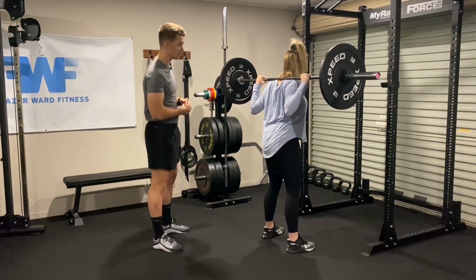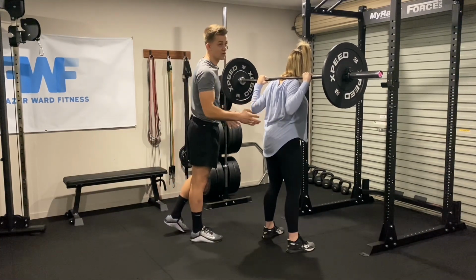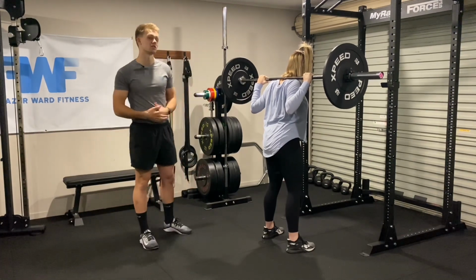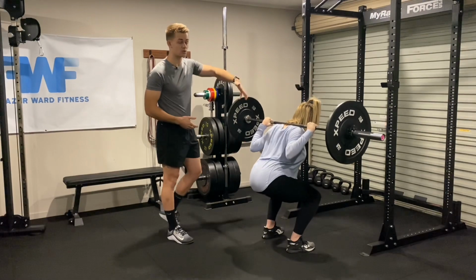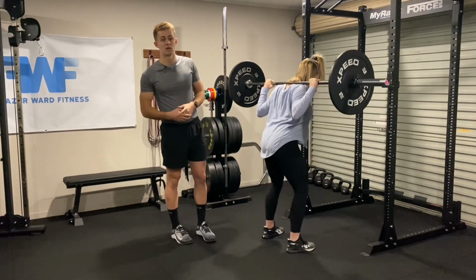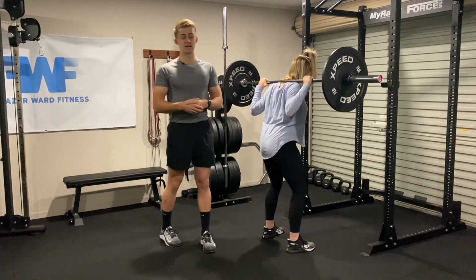From here, take a big breath in and create brace in the stomach, filling out the width of our torso and creating a nice tight tension, and then moving into our squatting position, which is just like any other squat you've done. Making sure your hips go down below our knees and that barbell falls across the middle of our foot at the bottom of the position, and then standing up nice and tall. Regain that brace, so big breath in, create that tension, making sure everything's tight,